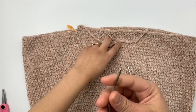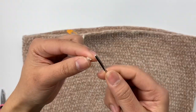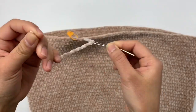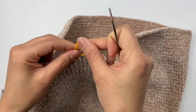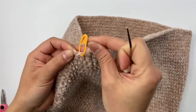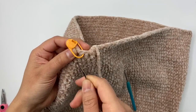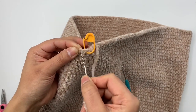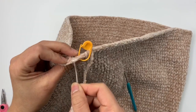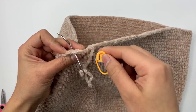So I bring my yarn needle, I insert the tail into my yarn needle, and then I remove the stitch marker. So I'm gonna skip the next stitch here, which is the stitch marker, and then I'm gonna insert my needle into the next stitch like that. Okay, and then I remove the stitch marker,